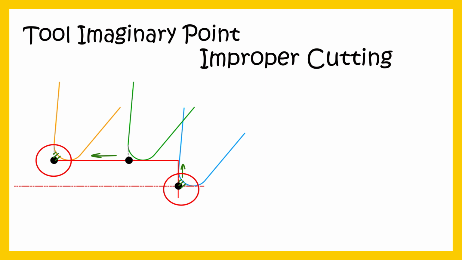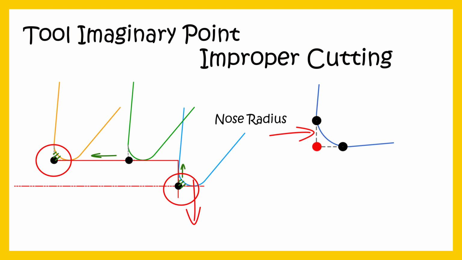the workpiece profile. If we check point number 1, leftover material can be properly removed if we bring the cutter down by the value equals to the distance between side cutting edge contact point and the imaginary point. Mathematically, we can prove that this distance is equal to the nose radius of the cutting tool or the insert.